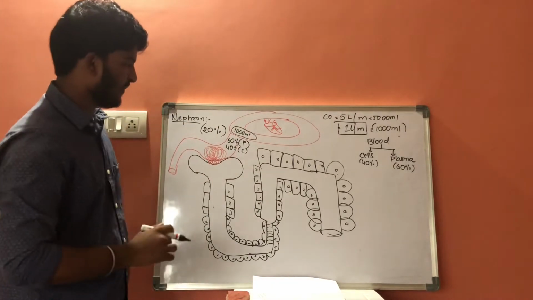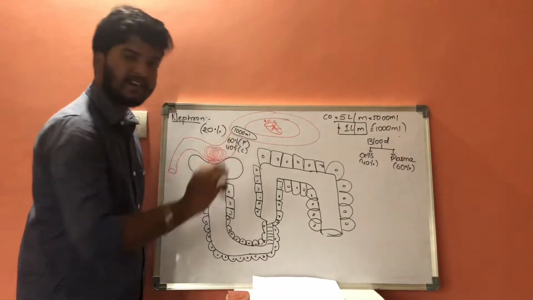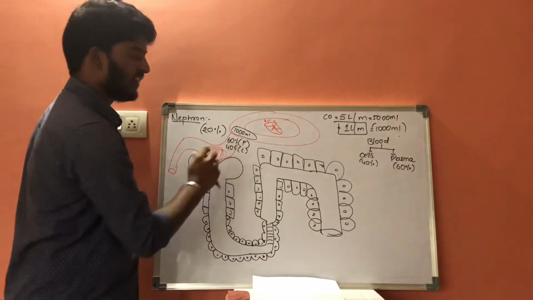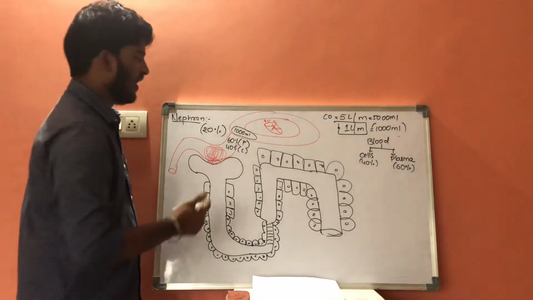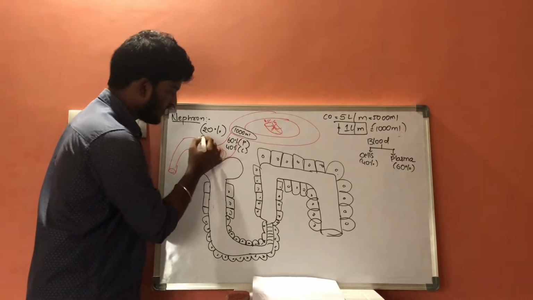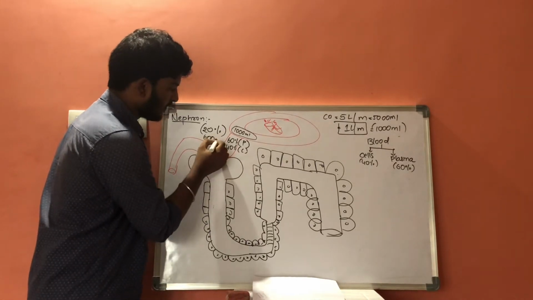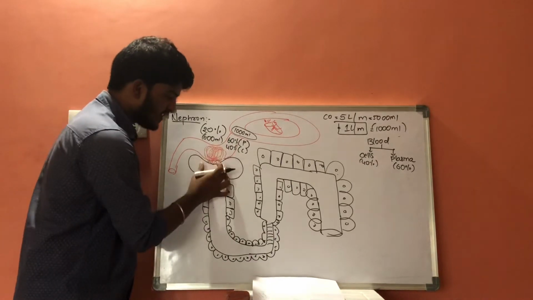Out of this 1000 ml, 60% is plasma and 40% are cells. If 60% is plasma, that means out of this 1000 ml, only 600 ml of plasma is entering into the